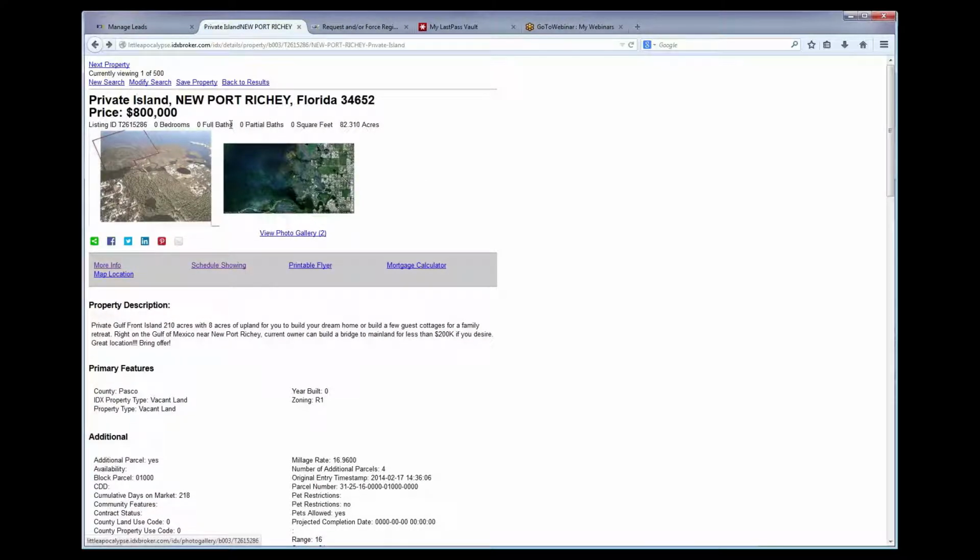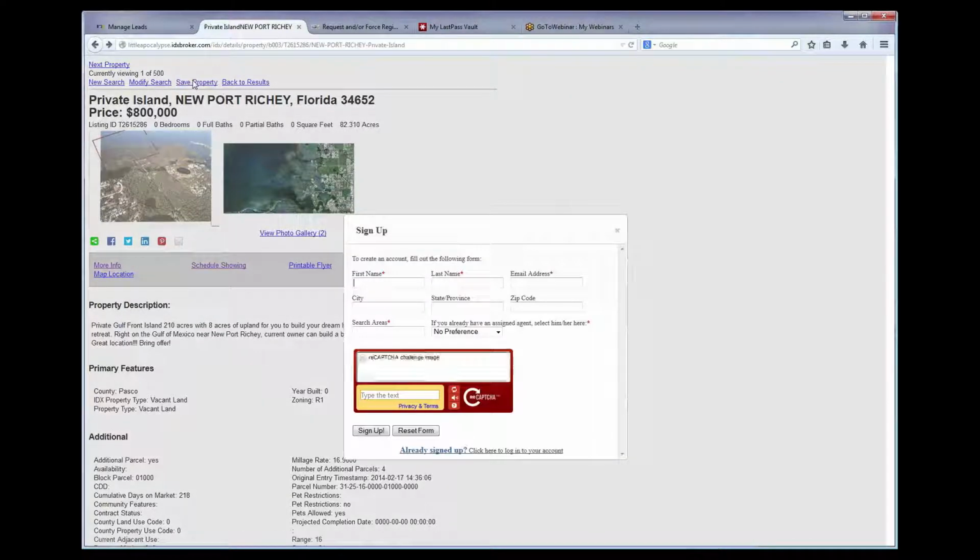Some other ways that they can do it are by hitting Save Property. If somebody wants to save a property, they can. They want to keep a list of properties they're interested in. When they hit that Save Property, it'll put up this pop-up. It'll create an account for them. It'll send them a welcome email saying, thank you for signing up. Please confirm your email address. And the same thing will happen